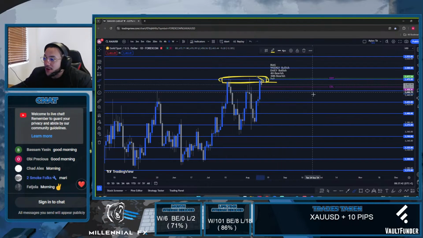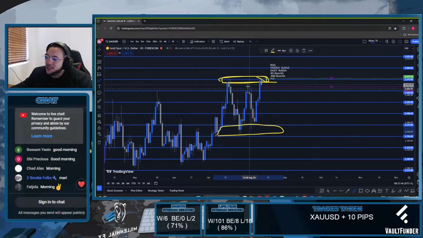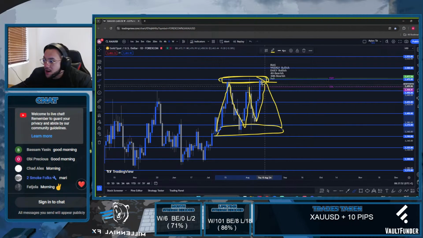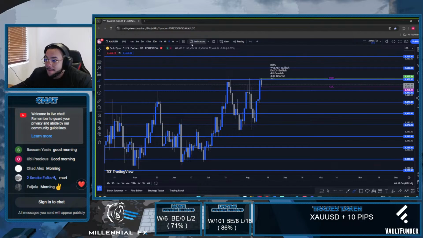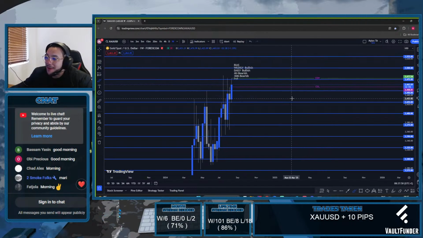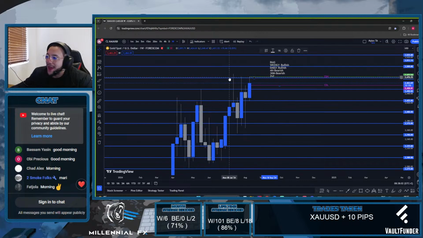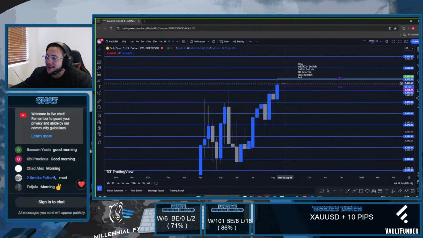Okay? If I look at the daily, there's my resistance. If I look at the daily support level, it's right there. So essentially, what is price doing? It's ranging. So what I'm going to try and do this one, I'm going to try and short this. I'm going to try and sell it. Okay? That's the mindset I came into the charts with this morning, that as you are at these all-time highs and we start getting confluence, I'm going to look for type 3s.